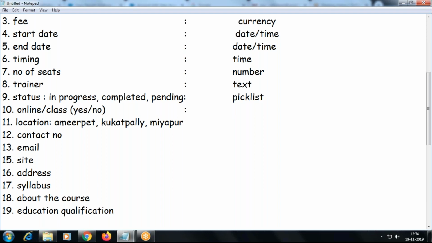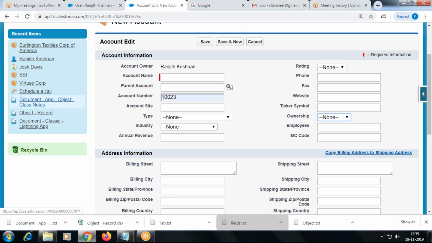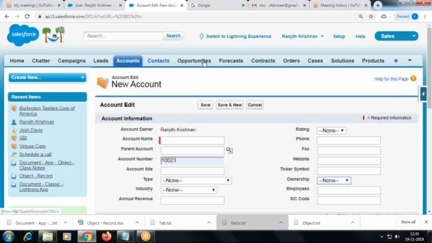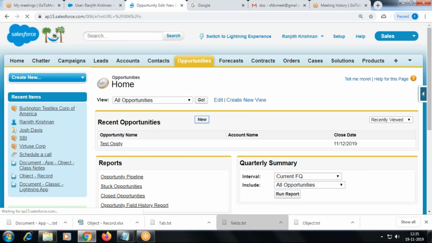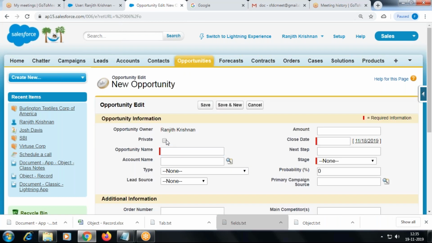It's a boolean, yes or no. Say, for example, it's online or not, yes or no. When you say yes or no option, we have a field in a Salesforce custom object called checkbox. That's all. Checkbox. It's not a drop down.